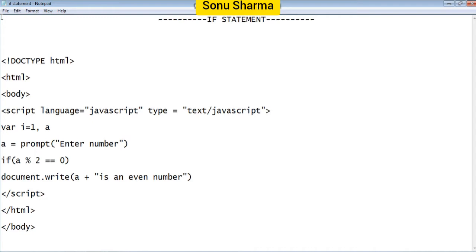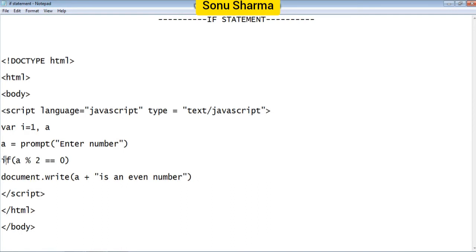So let's understand this. So here you can see all the things are same up to here. So where I equal to 1, then a. So a is our main variable. So a equal to, that means the value will be stored in a. So here the prompt dialog box will be given. So enter number. So you have to enter one number, any number, that is the argument 1. Here the argument 2 is not written. That means by default it will be written undefined. When you see the output, you will understand.